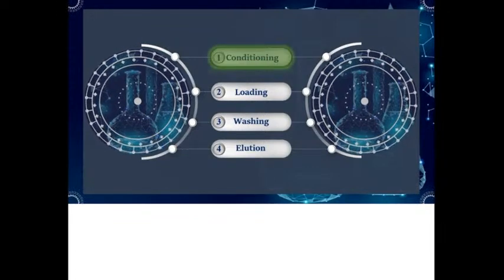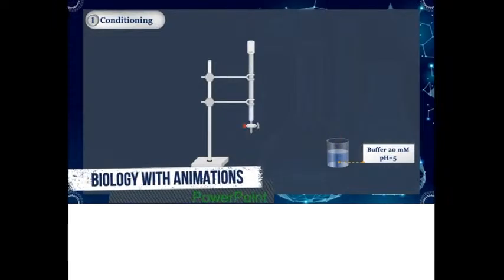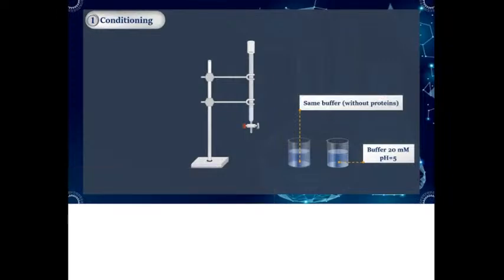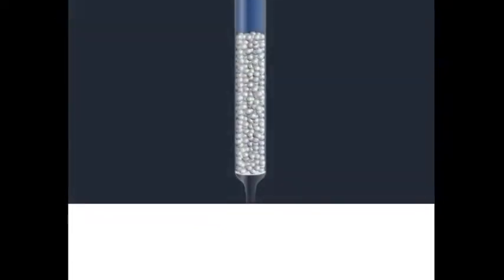The first step is the equilibration of the stationary phase to the desired start conditions. The pH and ionic strength of the sample buffer are selected to ensure that, when sample is loaded, proteins of interest bind to the medium, and as many impurities as possible do not bind. Therefore, the same buffer is used for the equilibration of the stationary phase. When equilibrium is reached, all stationary phase charged groups are bound with exchangeable counterions, such as chloride or sodium.